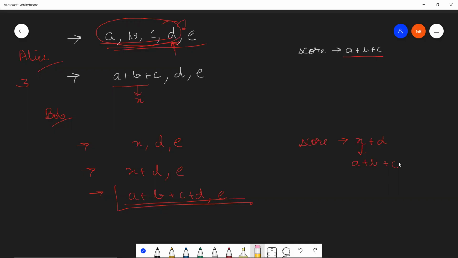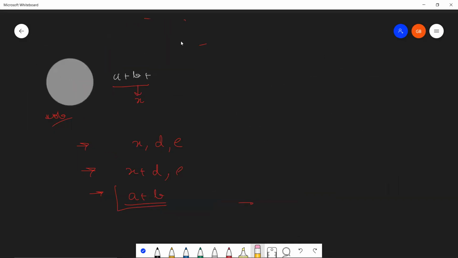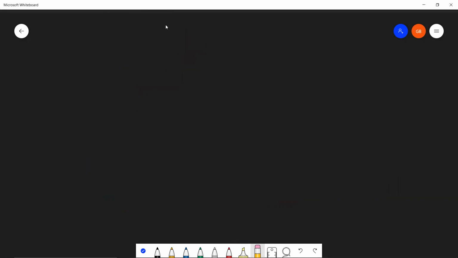So now we have reduced our problem to the simple fact that we have a cumulative sum array: a, a plus b, a plus b plus c, a plus b plus c plus d, and a plus b plus c plus d plus e. A player can select any one value from this, and the restriction on the second player is that he has to select a value which is on the right-hand side of the value selected by the first player.